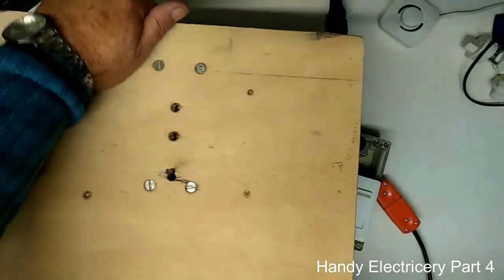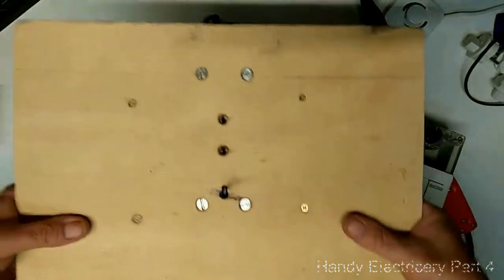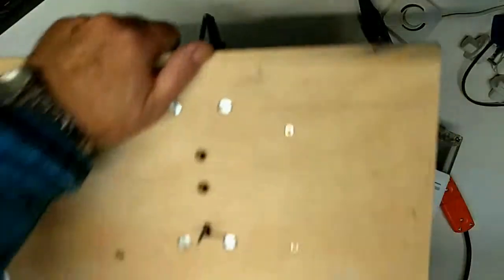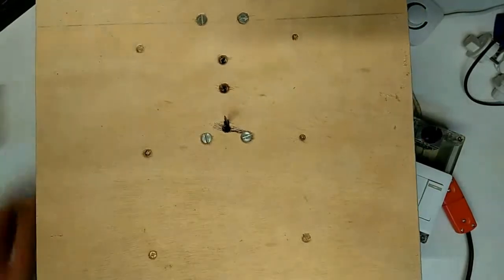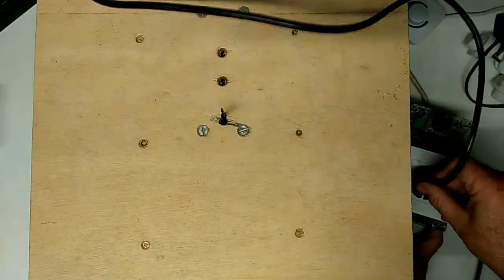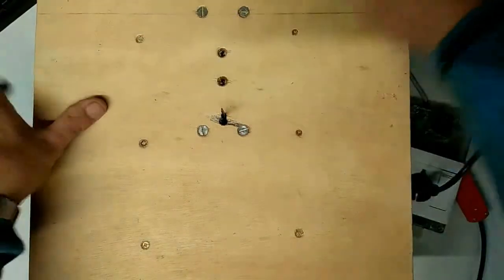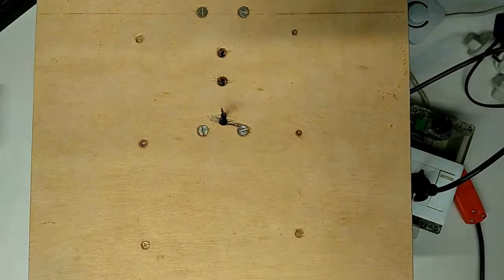It's not just a lamp dimmer. Here I have fitted a jigsaw to make a bench jigsaw, and to make it more controllable. That's what I first did on the speed controller actually. So